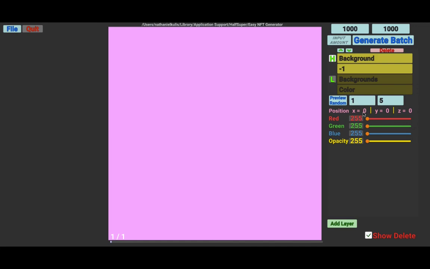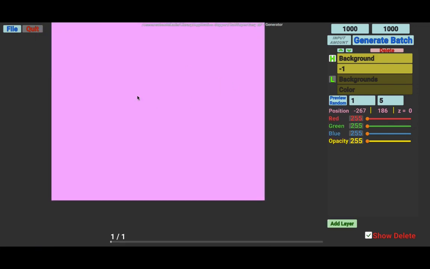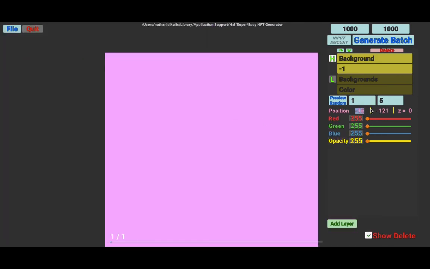Now you can change the position by clicking and dragging on it, and it'll update the position in positions over there, or you can manually set it, like 0, 0, or 20 in the Y, 100 in the X. It'll automatically update based on whatever you have in here. So let's just do 500 here and 500 here. Now when you go to preview,